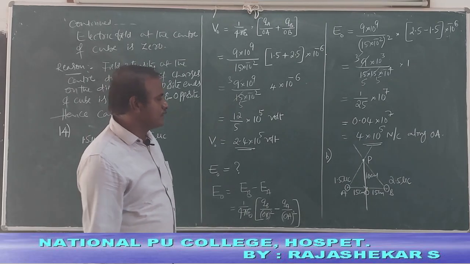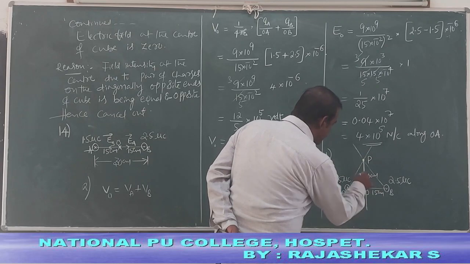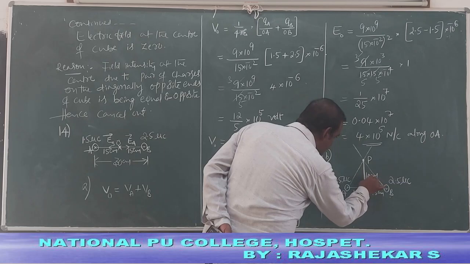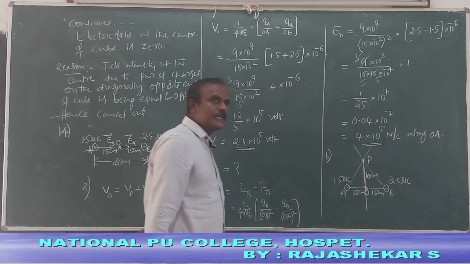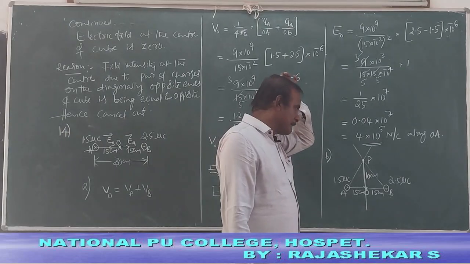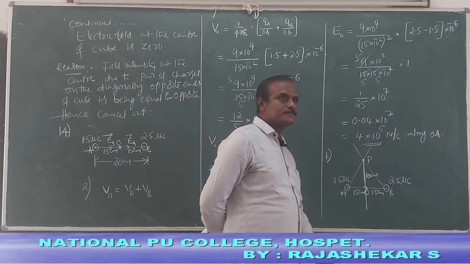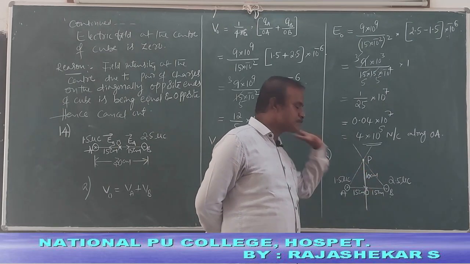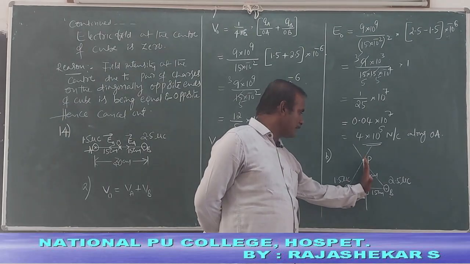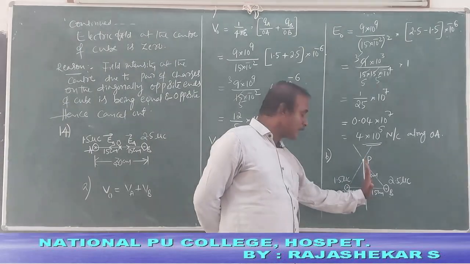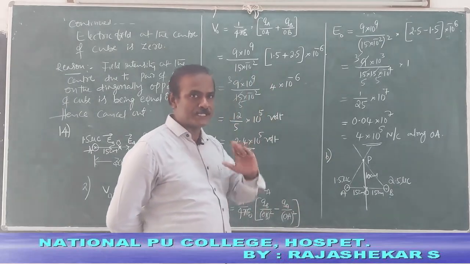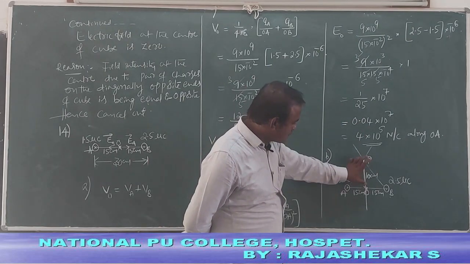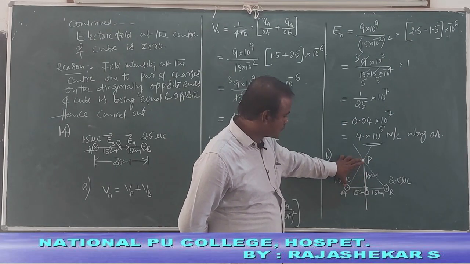This is what is given, and you are asked to find here AP and BP from the midpoint, 10 centimeter from the midpoint, in a plane normal to the line and passing through the midpoint. This is the arrangement. In fact, this is a plane. On the plane this point is chosen, remember. How is the plane drawn? Normal to the line, and the plane passes through the midpoint of the line joining. Read the statement carefully. So this distance is 15, this is 10, this distance you have to find. Understand?